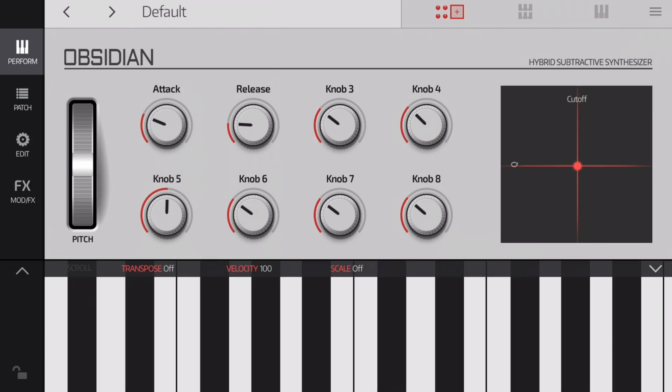My viewers already know what a macro controller is, but if you're completely new to this kind of stuff, then a macro controller is something you use to control something else with that might be off screen, so that you won't have to do any menu diving or page switching while performing. I'll show you how to map stuff in a little while, but first let's go through the rest of the